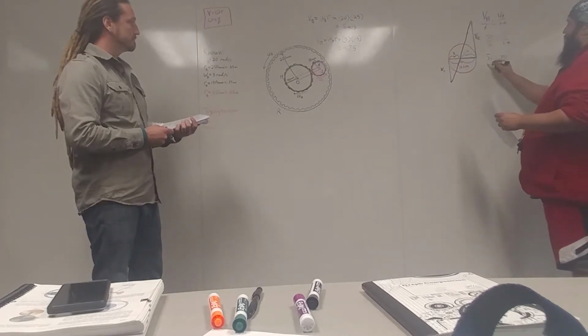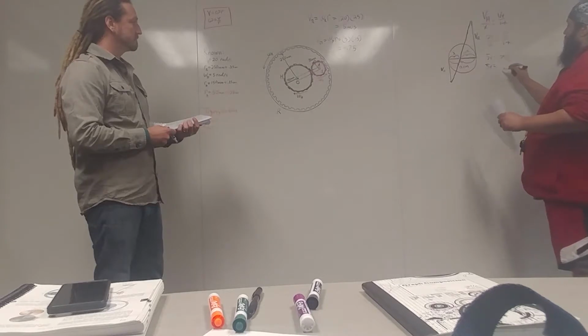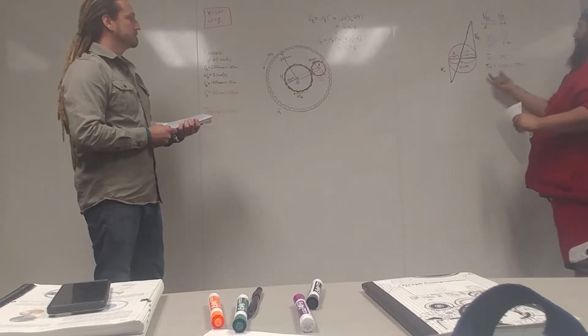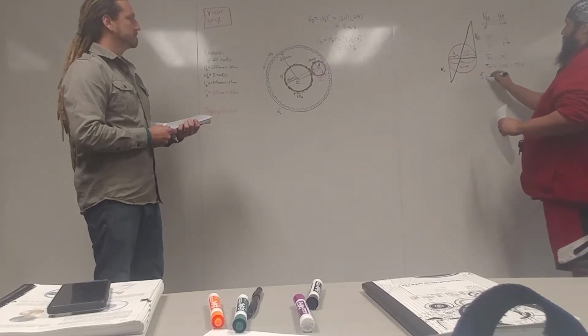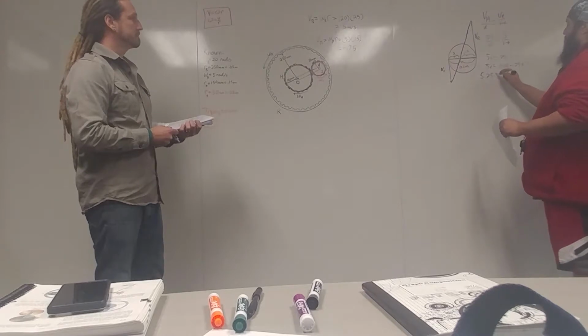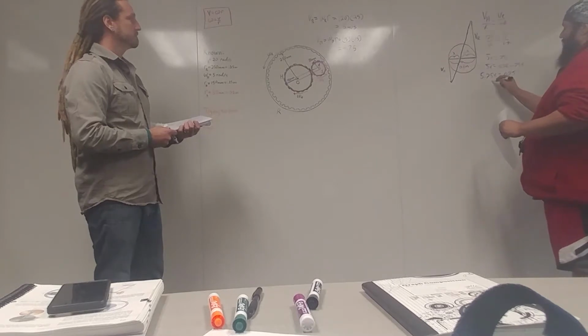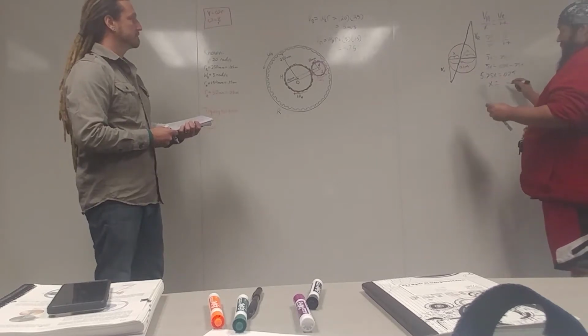Distribute that 0.75, so we have 5x equals 0.075 minus 0.75x. Move this x over, we have 5.75x equals 0.075. Solve for x, we're going to divide both sides by 5.75. So that gives us x equals